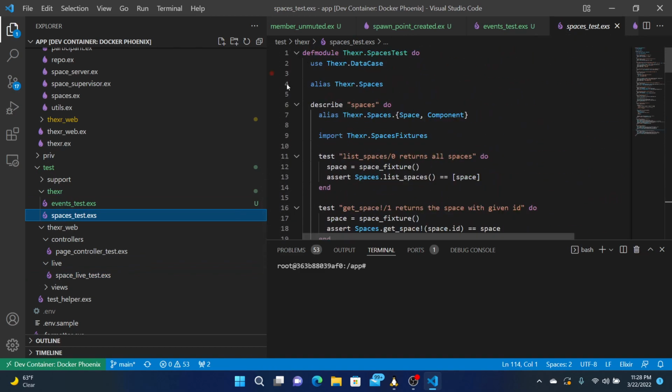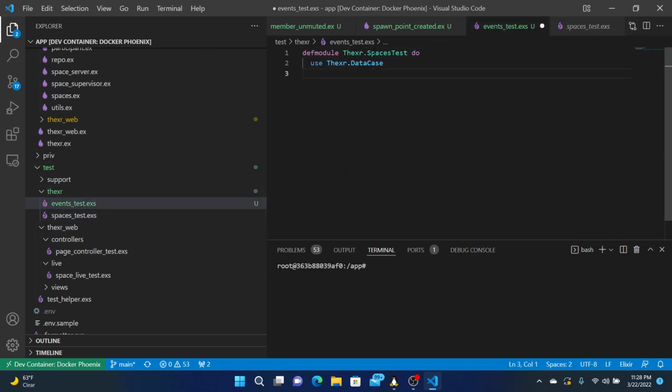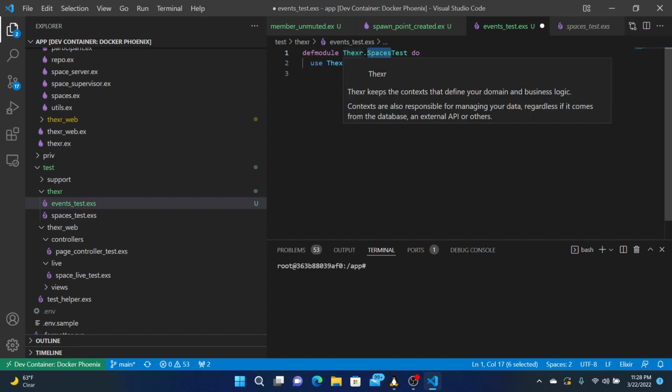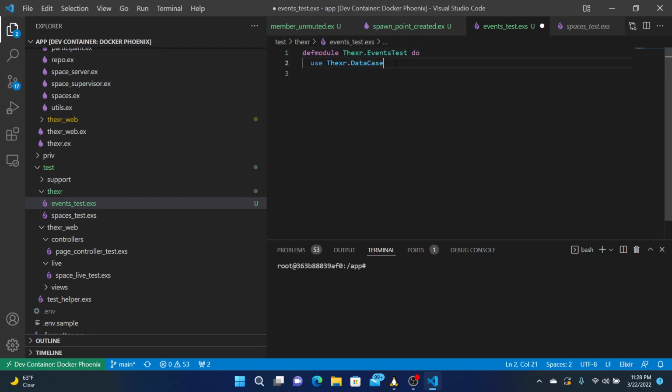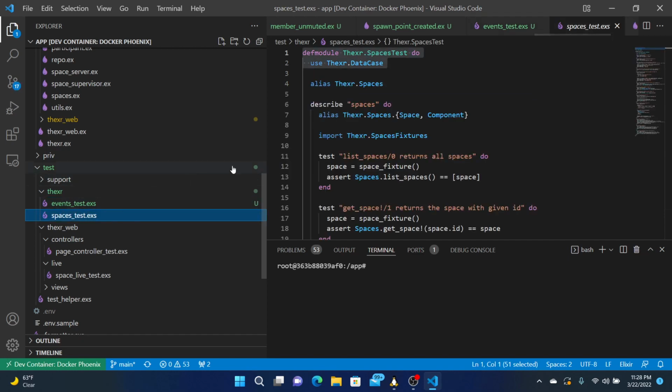Okay, just start with connection case. This will be events test, and every test. Okay, so we have a describe block and then test.